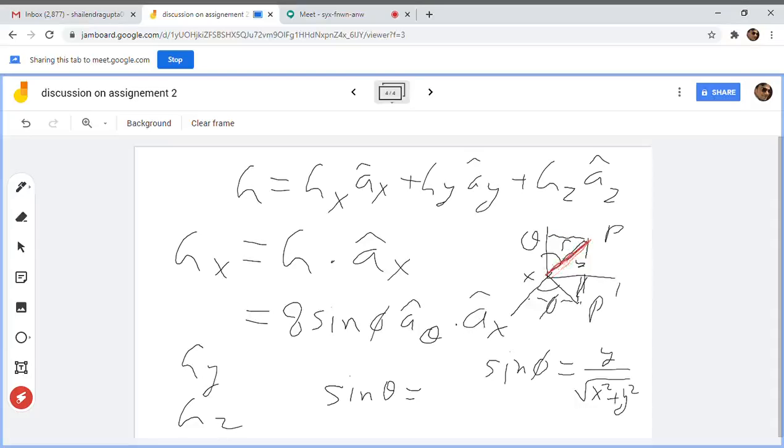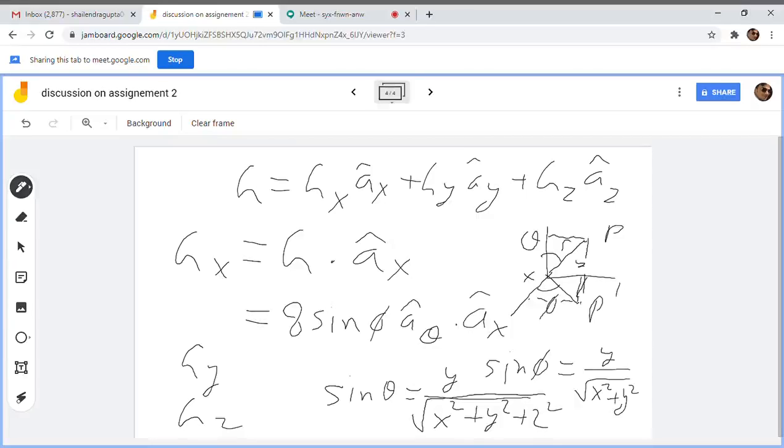And what is this perpendicular direction? It is equivalent to y. So we can write here y divided by how much? Divided by the hypotenuse. And what is hypotenuse? Hypotenuse consists of all the coordinates x, y, and z. It is the ultimate coordinate, so it will have all the components x, y, and z. So the distance from the origin will be x square plus y square plus z square.